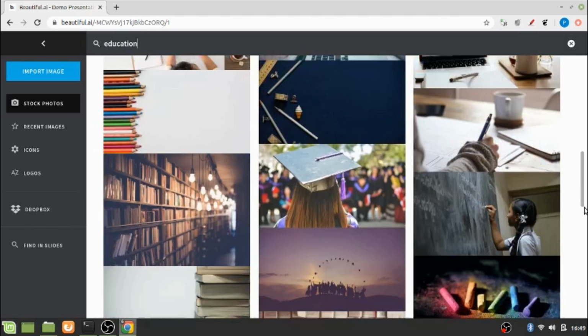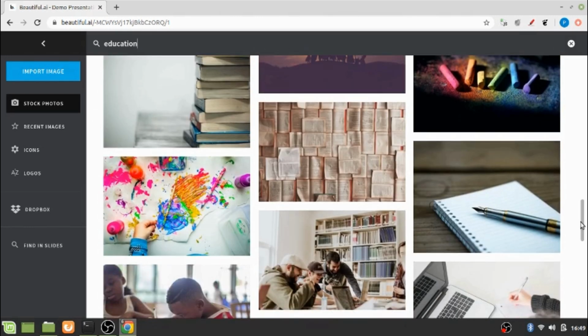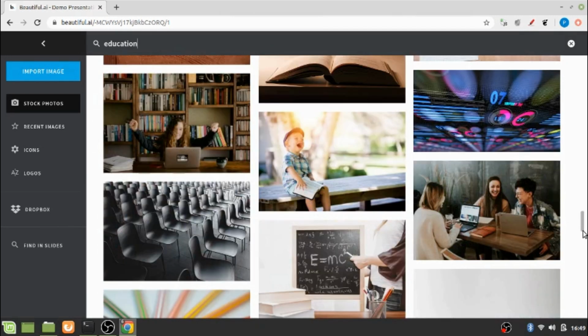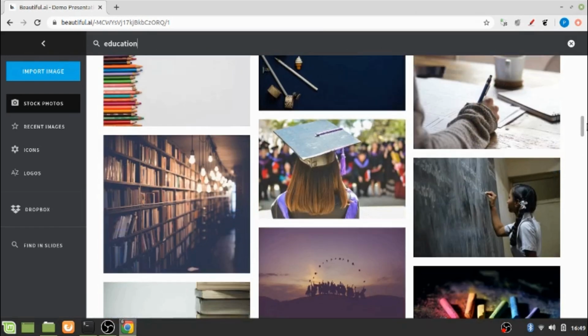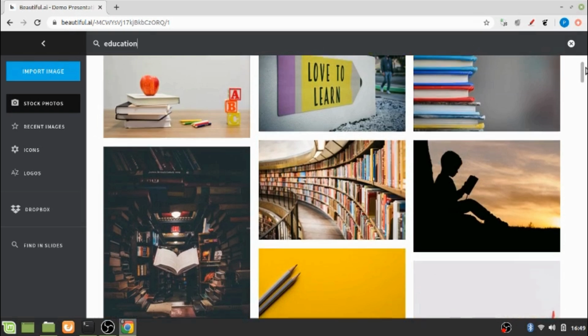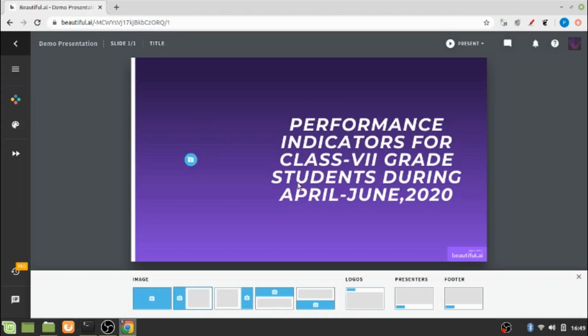So it is showing me this much option, a lot of options in fact. So you can go on searching to find your exact image. So for now, let's take this image,